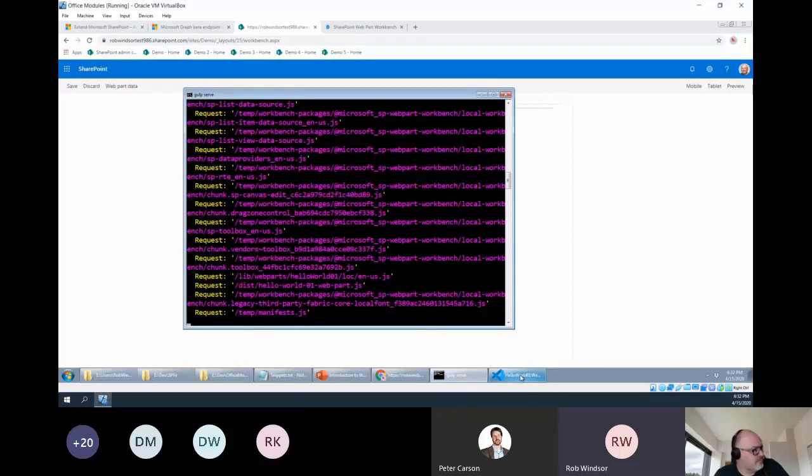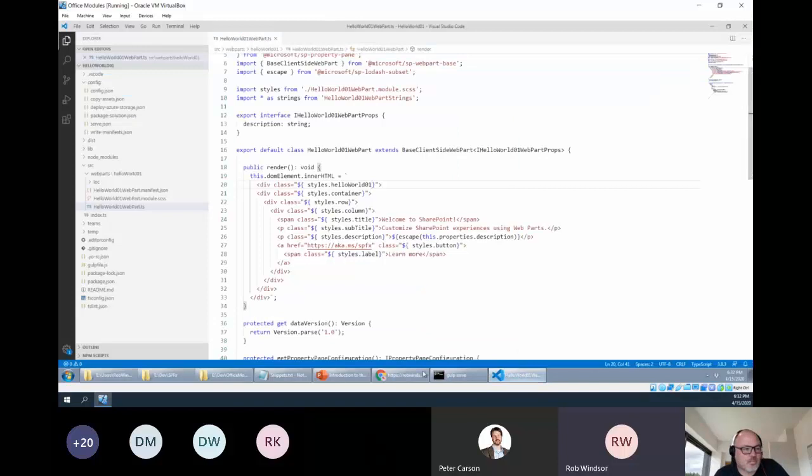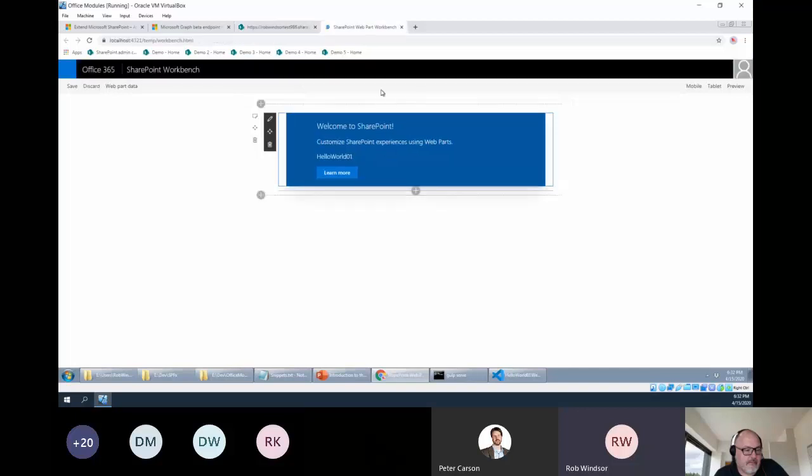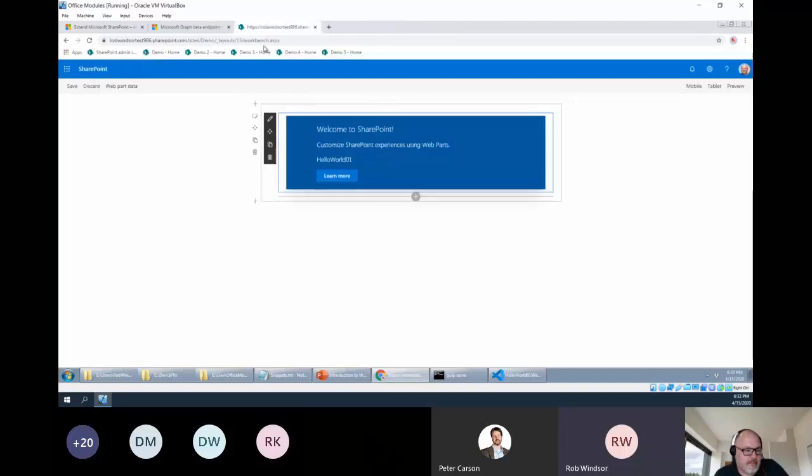So it's Node.js that's actually hosting the web part. But that means I can test it in the context of my SharePoint site. And if you're going to interact with SharePoint data, that's what you need to do. You need to run from the hosted workbench rather than from the local workbench. So one of the first things I normally do is I go grab the URL to the hosted workbench